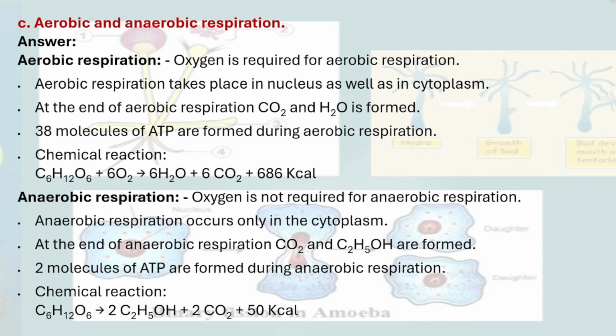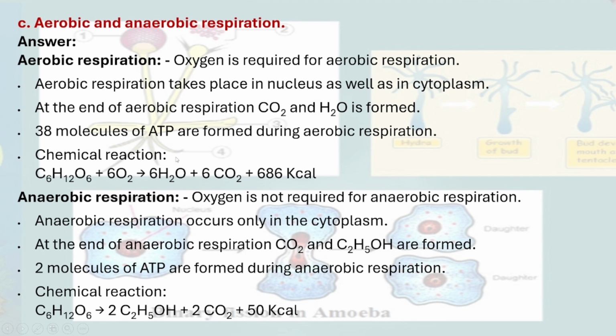C, aerobic and anaerobic respiration. Let's see the answers. These are the points of aerobic respiration. Oxygen is required for aerobic respiration, but oxygen is not required for anaerobic respiration. Aerobic respiration takes place in the mitochondria as well as in the cytoplasm, and anaerobic respiration occurs only in the cytoplasm. At the end of aerobic respiration, CO2 and H2O are formed. And at the end of anaerobic respiration, CO2 and C2H5OH are formed. 38 molecules of ATP are formed during aerobic respiration and 2 molecules of ATP are formed during anaerobic